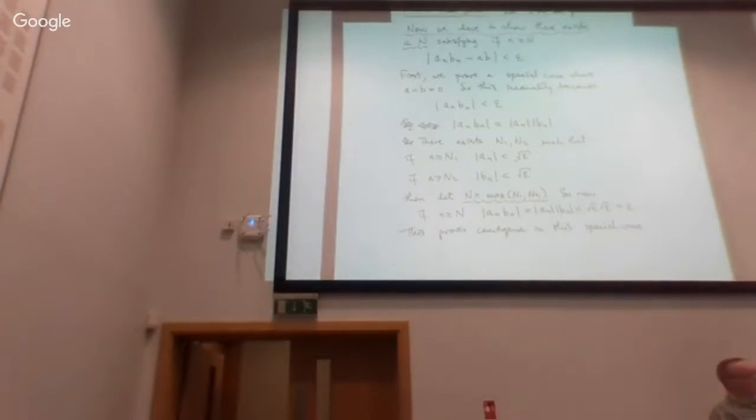Okay, I haven't proved the product rule in general. I've only proved it for sequences that are converging to 0. Now, to complete the proof, I don't have to give another argument based on epsilons and n's. Instead, I can combine this special case, and the reason we prove special cases in this kind of way is to make the general case easier. I combine this special case with the linearity form we proved 10 minutes ago.